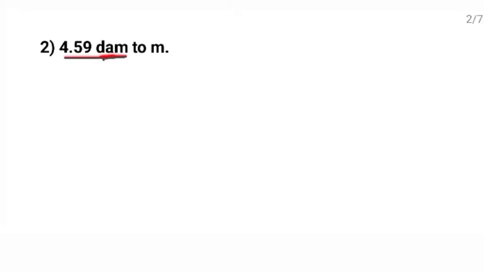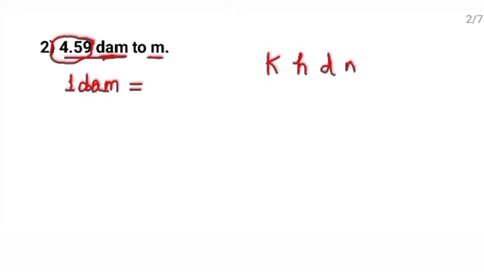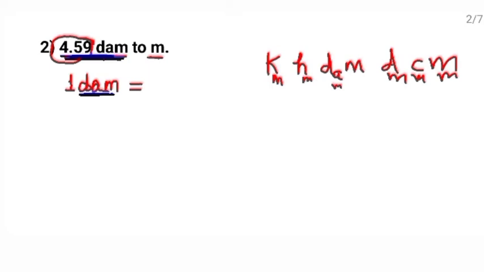DAM means decameter to the meter. To convert this 4.59 decameter into the meter, first you should know the value of 1 decameter in terms of meter. Clear? So call your friend. कहाँ है दोस्त मेरा, दोस्त से मिलो. This is DA. किलोमीटर, हेक्टोमीटर, डेकामीटर, मीटर, डेसीमीटर, सेंटीमीटर, millimeter. You are on decameter because this number is given in decameter here, and you want to convert it into the meter. So move to the meter.